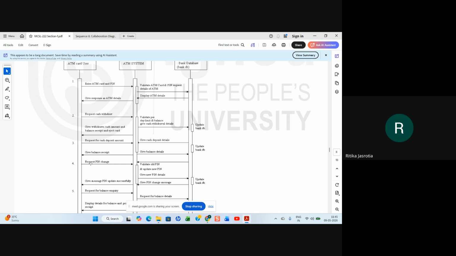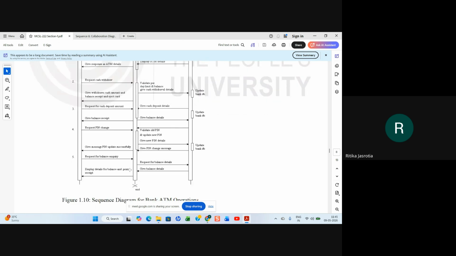Then if he wants to request for pin change, then the database will validate the old pin and update new pin, give new pin details. So the user gives the new pin details on the ATM system, and they are updated in the database, and give pin change message, and the message is given to the user that your pin has been successfully updated, right?